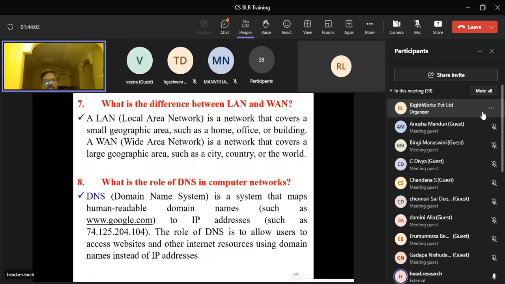What is the role of DNS in computer networks? DNS stands for Domain Name System. It is a system that maps human readable domain names such as www.google.com to IP addresses such as 122.10.10.0. The role of DNS is to allow users to access websites and other internet resources using domain names instead